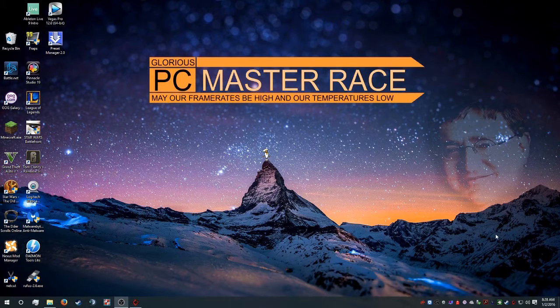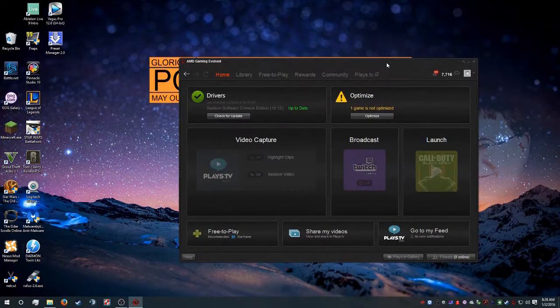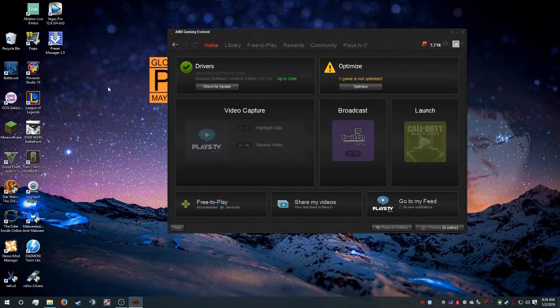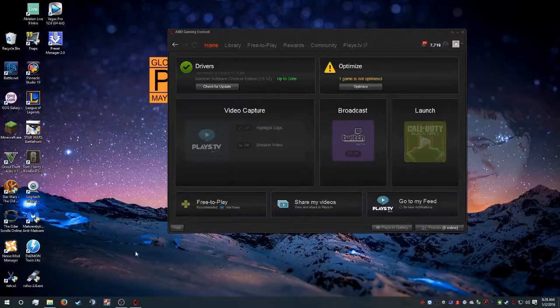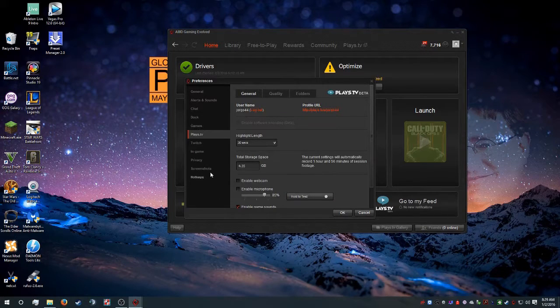I have a Radeon R290, an XFX 4 gig double dissipation. What that means is you automatically get these drivers, which are your AMD Gaming Evolved Raptr drivers, spelt R-A-P-T-R. Basically, it comes with this thing called Plays TV, or Plays.tv beta, which actually records gameplay footage